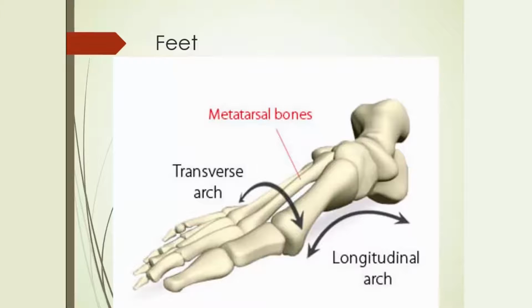The other arch that we see in bipeds that we don't see in quadrupeds is the medial arch. It's labeled as the transverse arch in your slide. This one runs from the medial side of your foot to the lateral side. This arch aids in that left and right balance when we're walking. It helps us to balance on our feet.